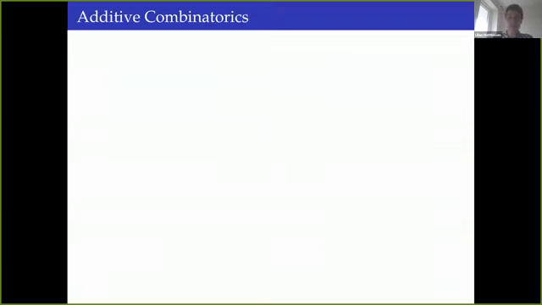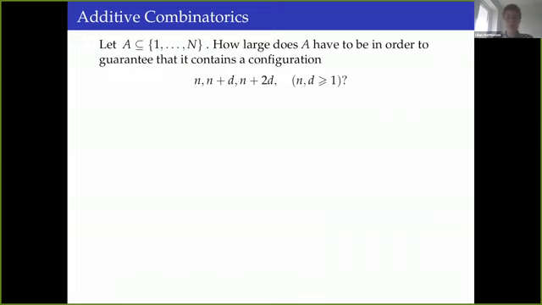So let's start. What kind of questions are studied within additive combinatorics? A lot of the problems studied here have the flavor of an inverse problem. That means you observe your object through some measure or norm. You are given information about the size of that measure or norm, and you would like to deduce from this information structural information about the object. Here's a fundamental instance of such a question.